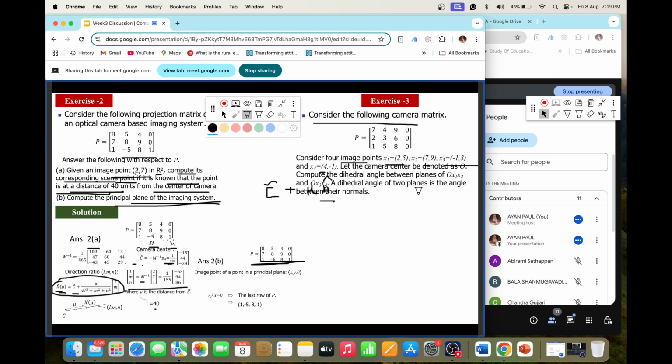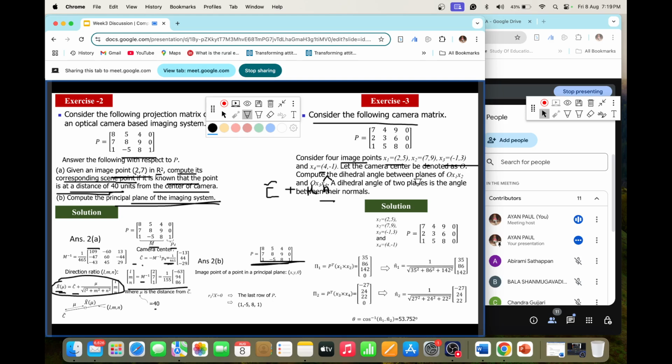We just need to calculate. We just need to first form the equation of the plane. Once we form the equation of the plane, we can get the angle between the two planes. So how can we get the equation of the plane? We can get the equation of the plane OX1, x2 by simply